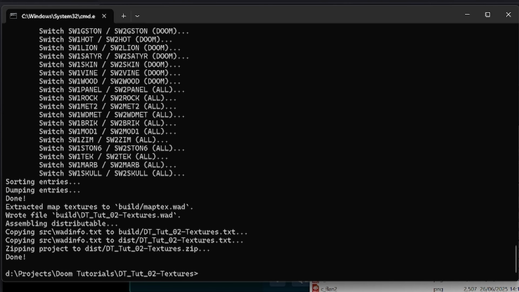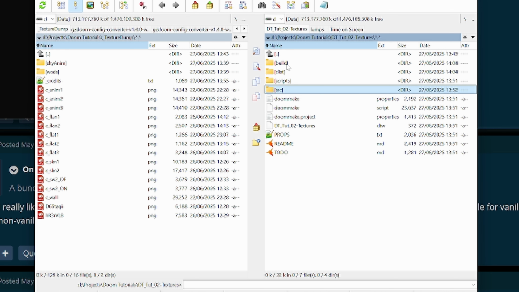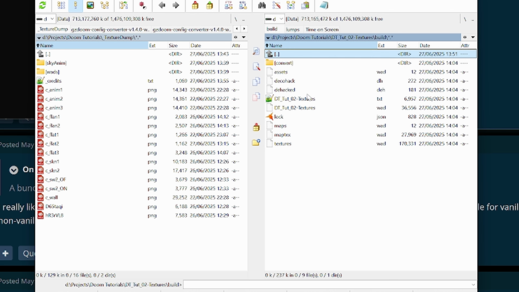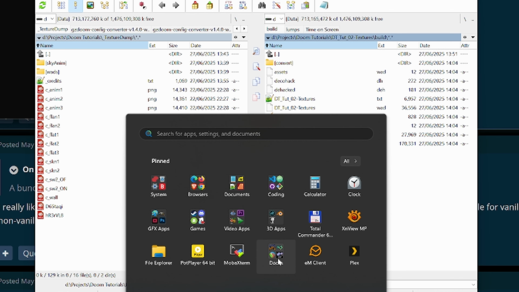It does all its thing. So if I now go into the build dir, you can see it's created an assets WAD, it's created the deco hack stuff, it's created our main WAD, maps WAD, map text WAD, and a textures WAD. The textures WAD is the one we want to look at. So if I load up Slade,